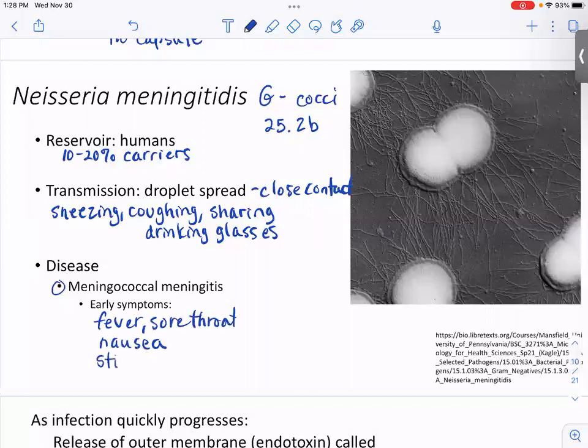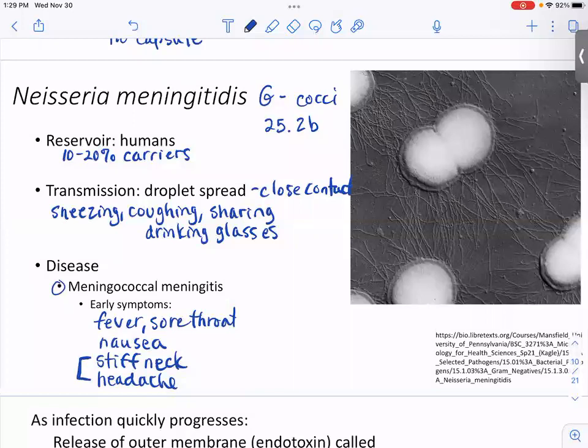The 2 red flag early symptoms are stiff neck and headache. Okay, those are the 2 that really stand out. And not just a little headache, but like the worst headache you've ever had in your life. Along with the stiff neck, that means that either you or the child that you're watching needs to be taken to the emergency room right away, because this is a very fast acting infection.